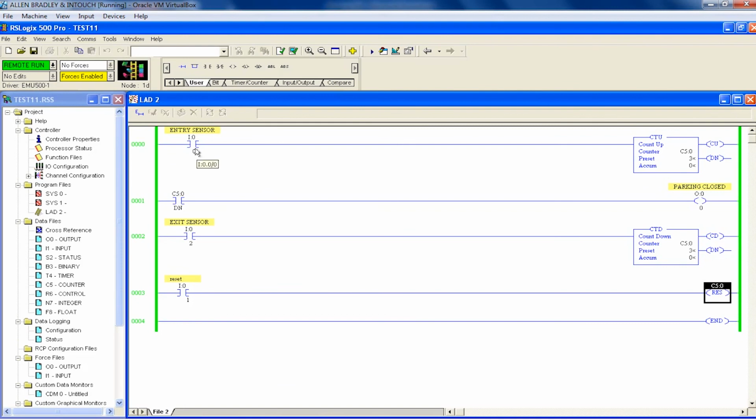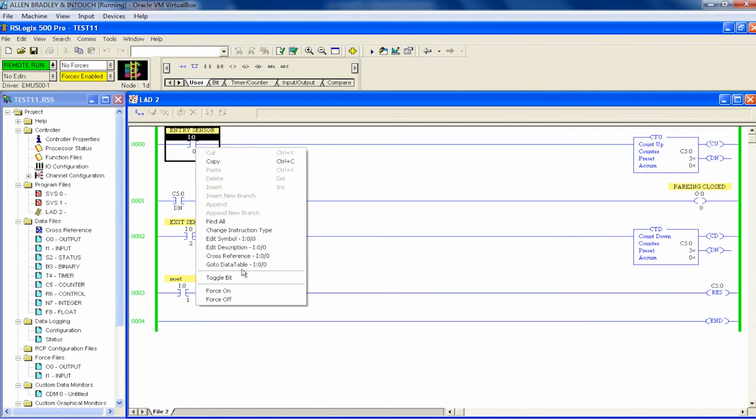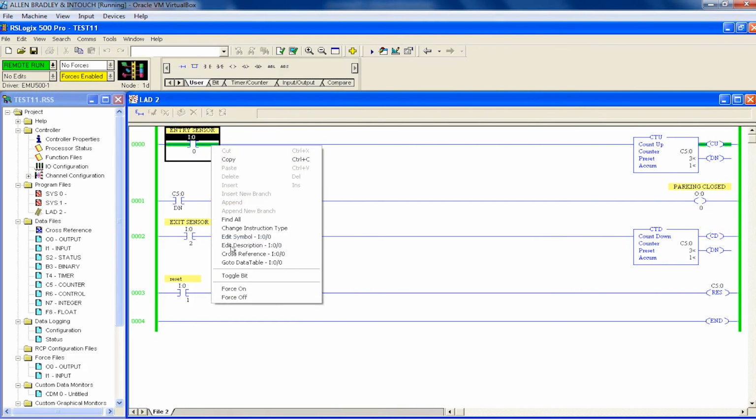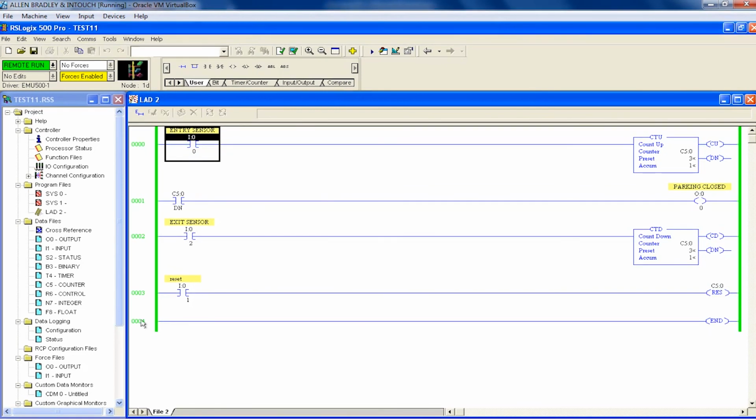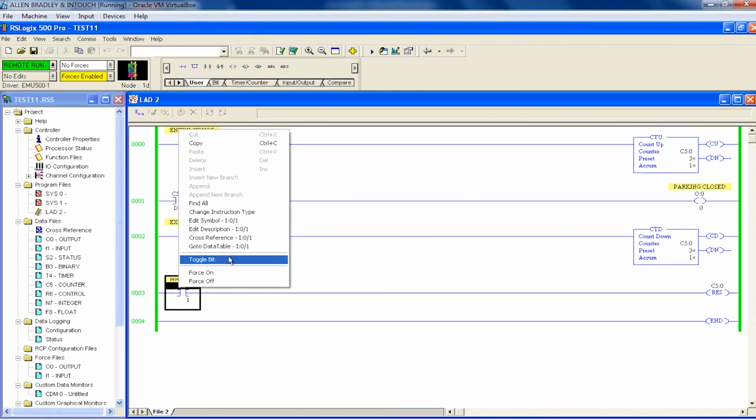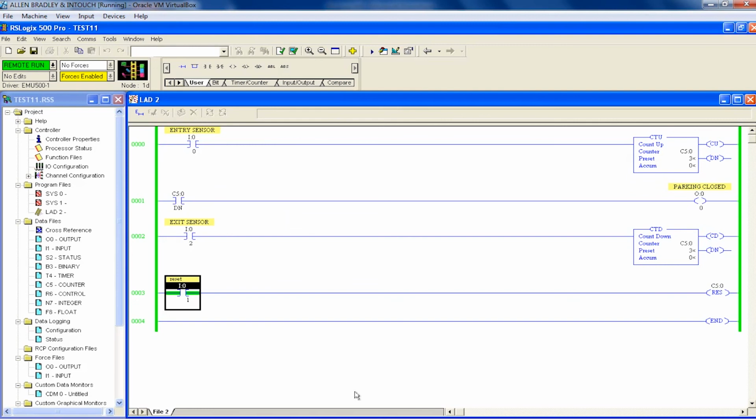So here you can see the accumulator value is the number of cars inside. You can start from the beginning, and in between if you want to make the accumulator value back to 0, you can use the reset coil like this. And you can start fresh from 0 to 3, and from 3 to 0 you can count down using this sensor. So like this we can make use of the up and down counter according to our example.